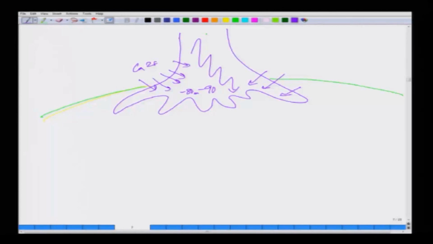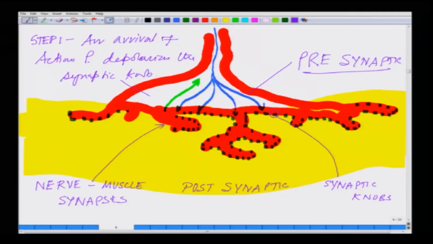So, coming back, there is an entry of calcium, which is step 1. This is followed by this calcium going and binding to these synaptic vesicles, and as soon as it binds to these synaptic vesicles, they open up. They start secreting the neurotransmitter in this zone. So, these are the acetylcholine which are being secreted by the nerve terminal. This acetylcholine immediately goes and binds to the